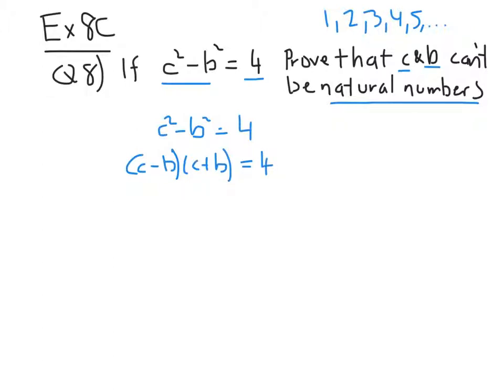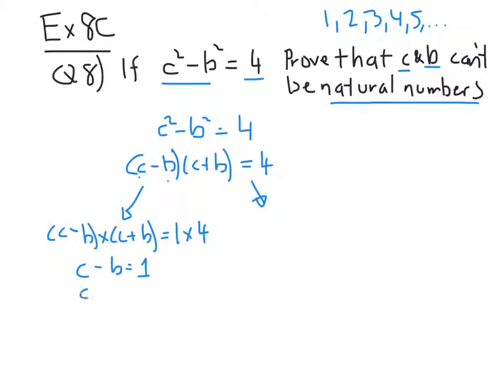Now, since c and b are some kind of numbers, what we could do is split this up into two different equations, and we could say, well, c take away b times c plus b could be equal to 1 times 4. And that would mean c minus b was equal to 1 and c plus b